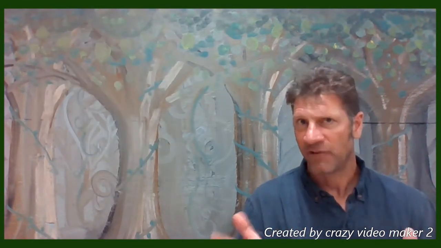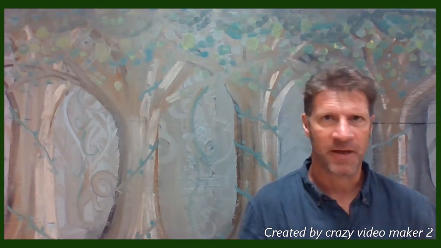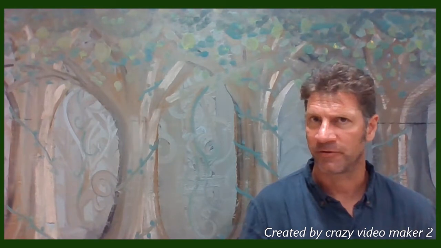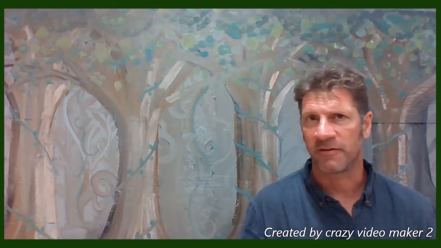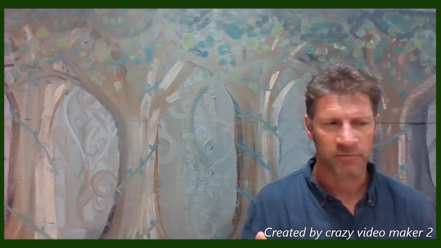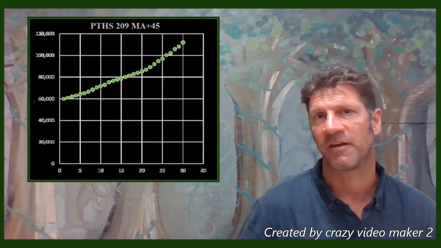Well, let's take a look at the actual Proviso schedule and see which of these it fits. Now, we've got a lot of different lanes. We've got a bachelor's plus 15, a master's plus 15, master's plus 30, master's plus 45, and a PhD. And we could analyze all of these, but they're all pretty much following the same kind of curve. I pulled out one of the ones that is most prevalent for the Proviso faculty, which is the master's plus 45, and you can see it right here.